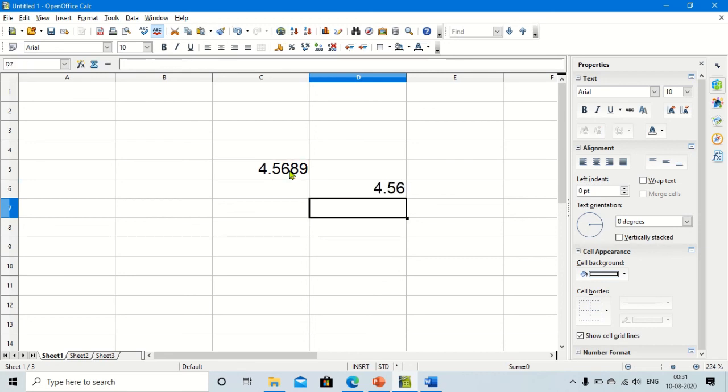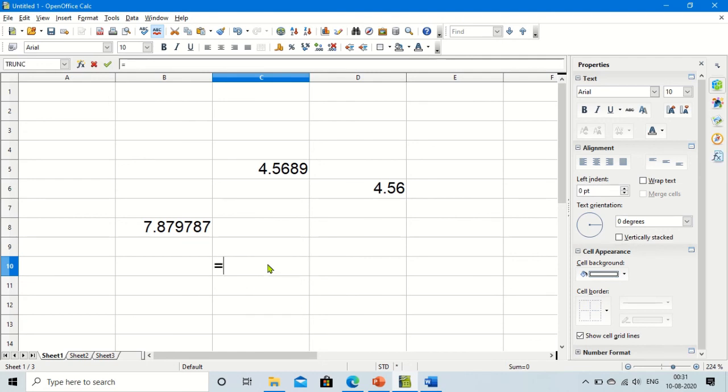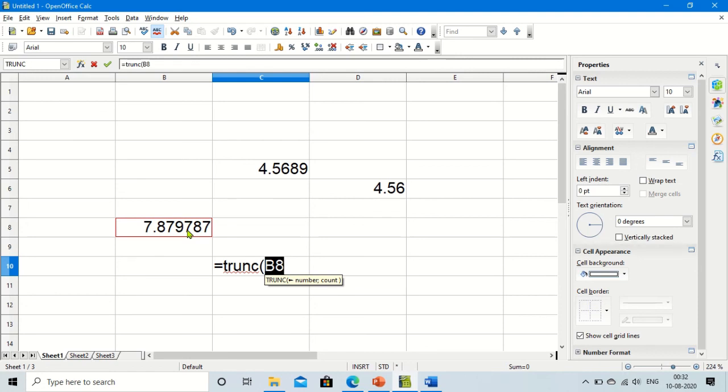You can see here. I repeat, suppose there is a number 7.89, any number you can take, and here I want to apply this trunc. I'll give a number. Here I am giving the cell address, semicolon, and I want to truncate 3 digits.